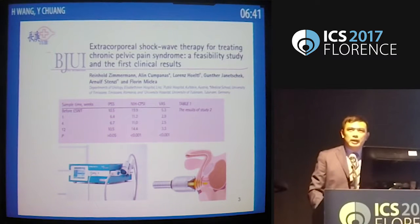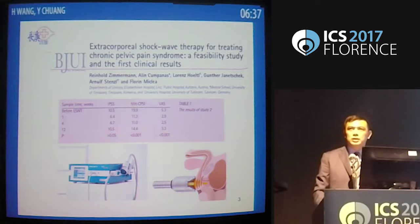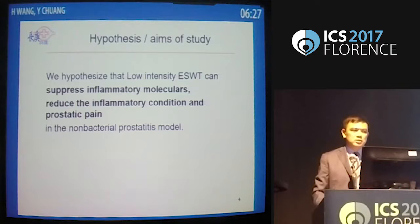Since 2008, low-energy shockwave has been used to treat chronic prostatitis with promising results. However, until now, we didn't know what happened inside the bladder. So we hypothesized that low-energy shockwave can suppress inflammatory molecules, reduce the inflammation, and reduce pain in a non-bacterial prostatitis